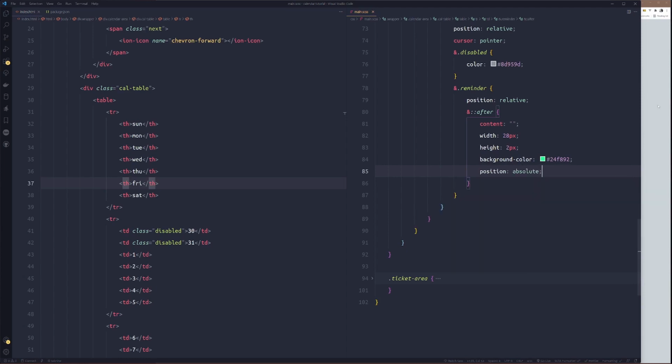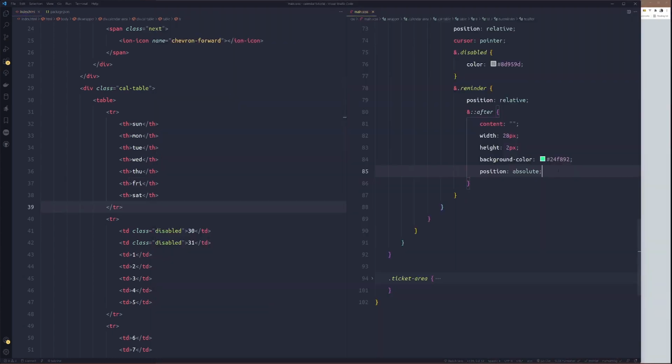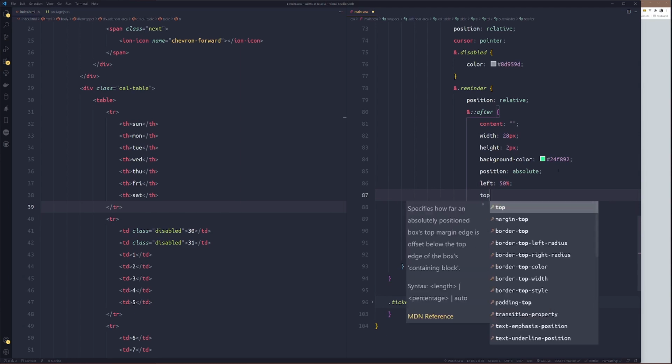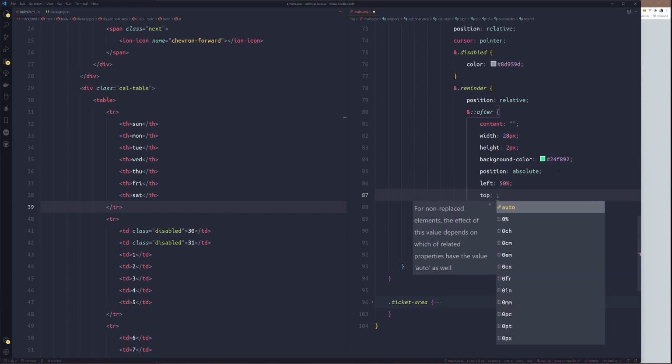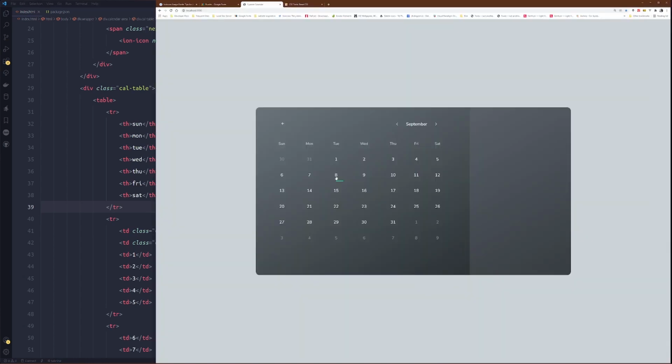Okay. All right, see on the top here, you need to find a way to center them from the bottom. To do that, I'll just set the left to 50%, while top will be 30 pixels. Okay.